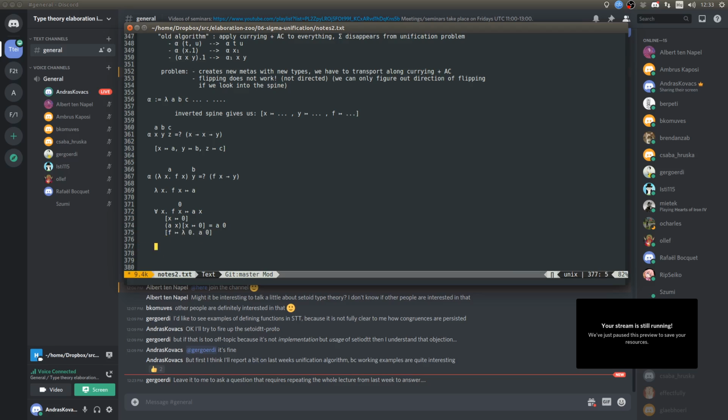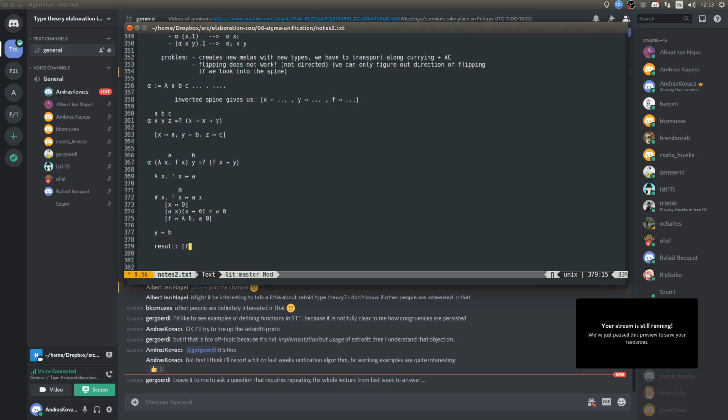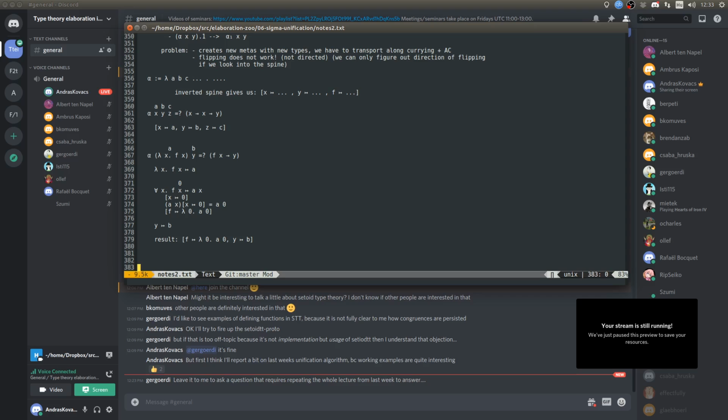Okay, then I have to map y to b, but that immediately succeeds. So as a result, I get f mapped to lambda 0 dot a0 and y mapped to b. And now I can apply this substitution on the right hand side of this problem. So I get the solution, which says that lambda ab